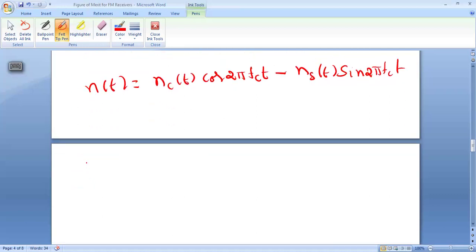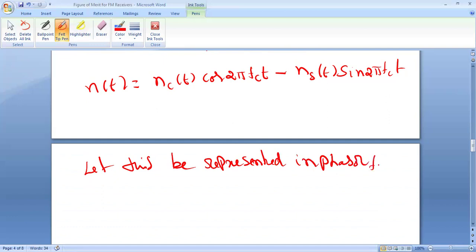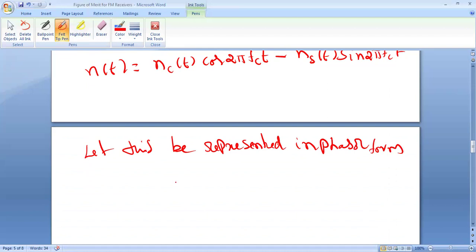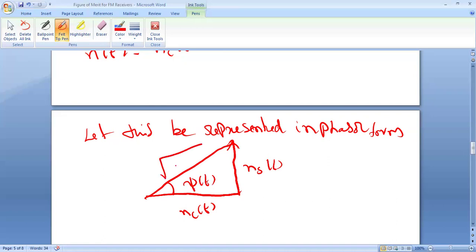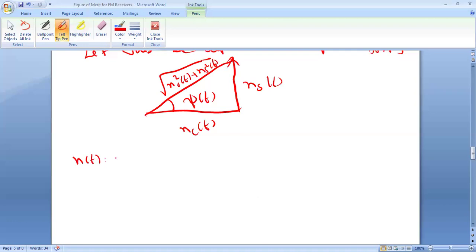Now, let this be represented in phasor form. The cos 2 pi fct has the in-phase component nc(t), as cos and sine are 90 degrees out of phase. This is ns(t), with psi(t) as the angle between the in-phase component and the quadrature component. In such a case, the resultant or the diagonal element will be root of nc squared(t) plus ns squared(t). Now, let us modify this equation n(t) by dividing and multiplying with